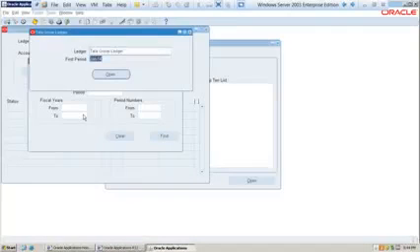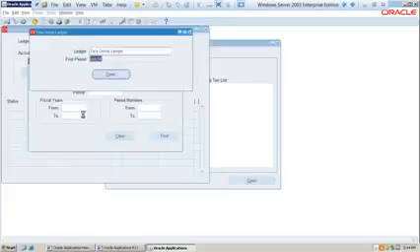Why is it showing January? Why is it not showing the current period, February? Because it's the first period in that particular ledger.